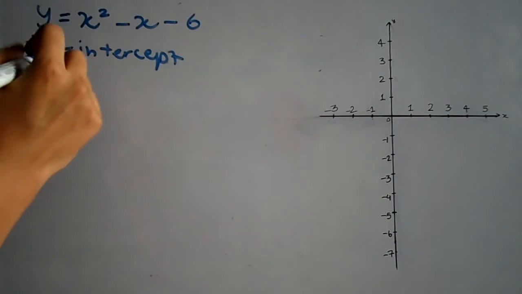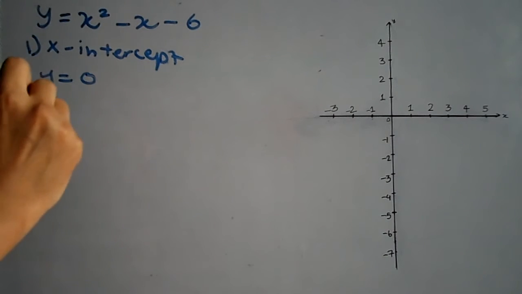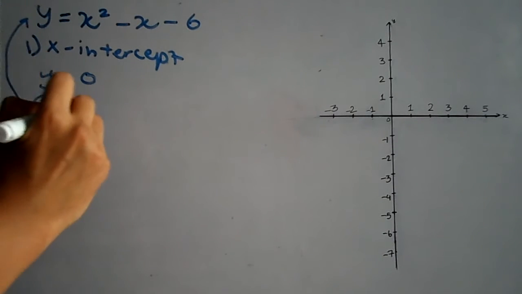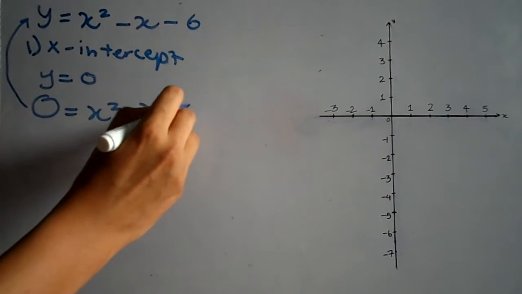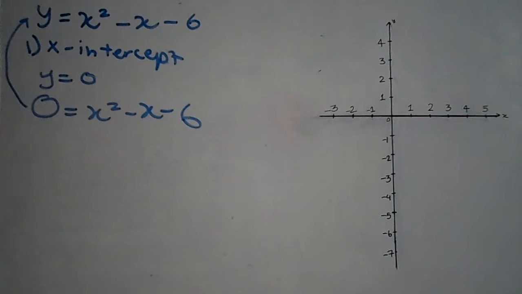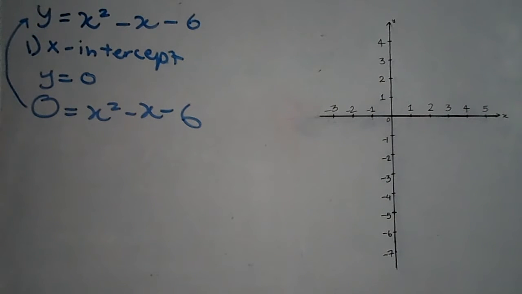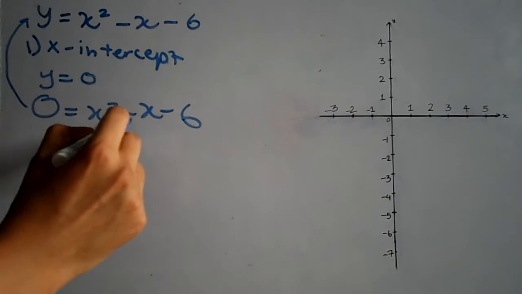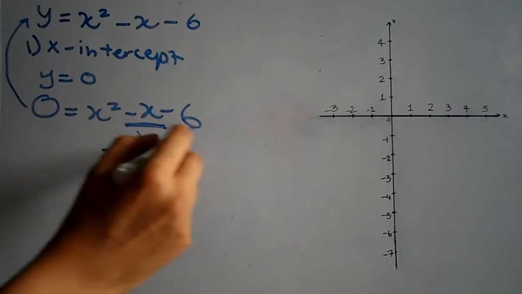To find the x-intercept, the y will always be equal to 0. So to find the x-intercept, we can just equate this equation to 0. 0 is equal to x squared minus x minus 6. Now we'll have to factor this part of the equation, and we will get the zeros or the roots. To factor the equation, first we have to find out which two numbers give a sum of -1